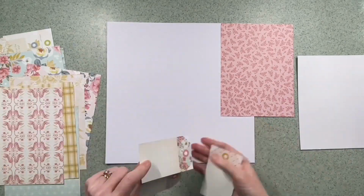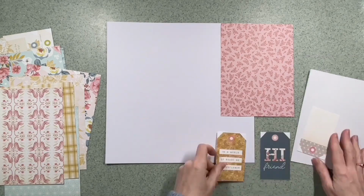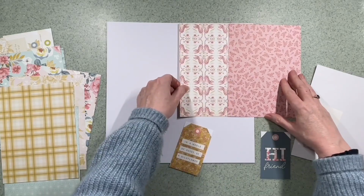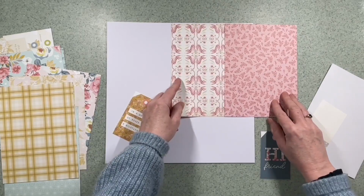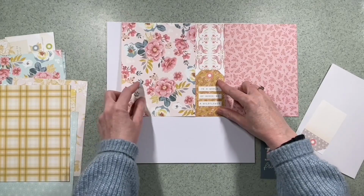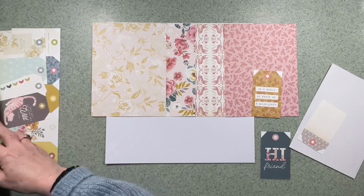I can. Using white cardstock as the base, as a 12 by 12, and I also want to use some tags. So I've already made one layout with this range, so I've got some tags left over, and I want to use some of those as well. So I'm looking at doing some strips from the pattern papers, and I'm just looking at the different ones at the top. I don't want to make it too busy, but I think there's so many beautiful patterns in this